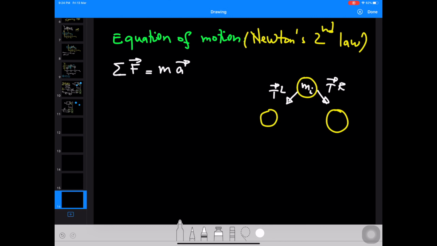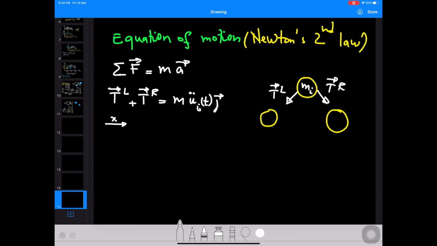So the tensile force on the left, plus the tensile force on the right, shall be equal to the mass times the acceleration, and it is u double dot i at time t times j. Okay,